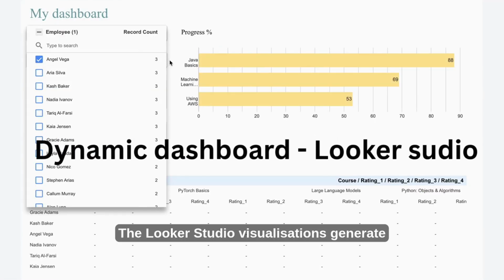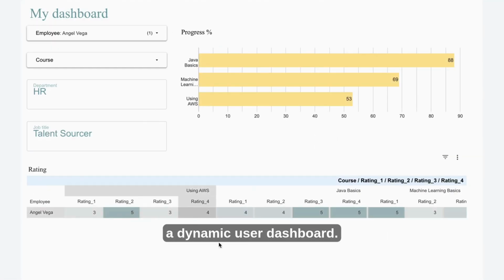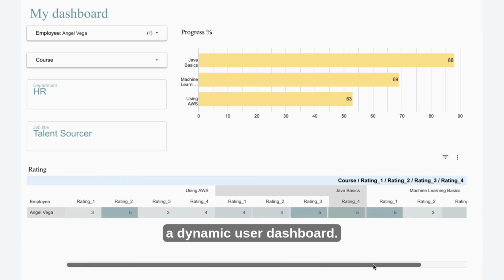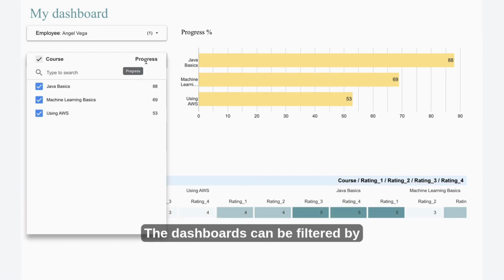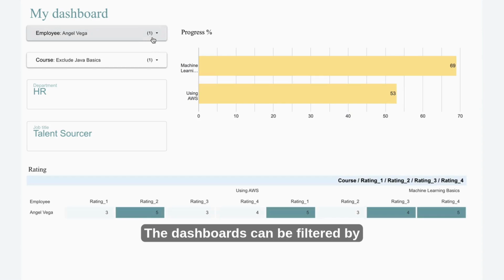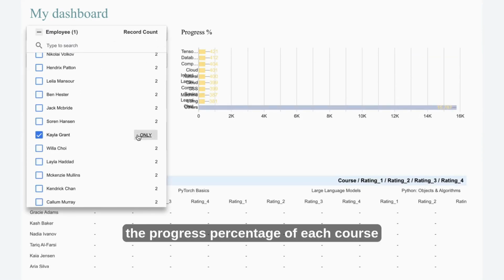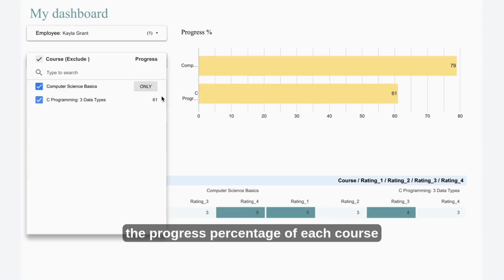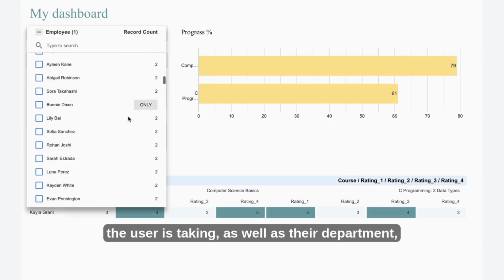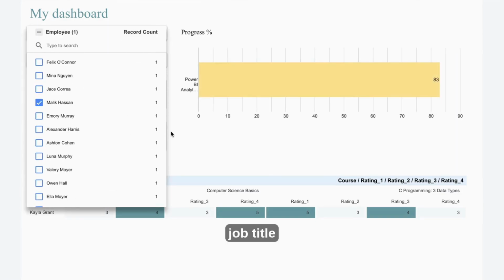The Looker Studio visualizations generate a dynamic user dashboard. The dashboards can be filtered by users and the courses that they take. The graph shows the progress percentage of each course the user is taking, as well as their department, job title,